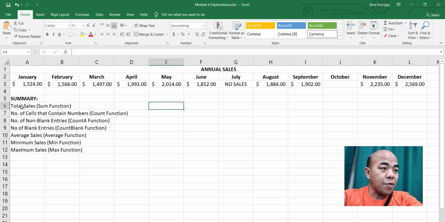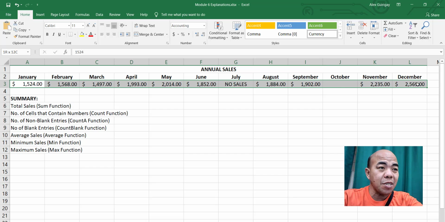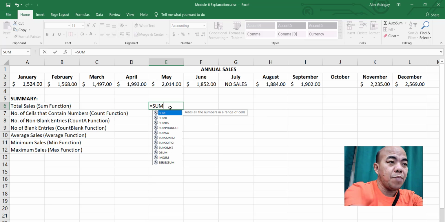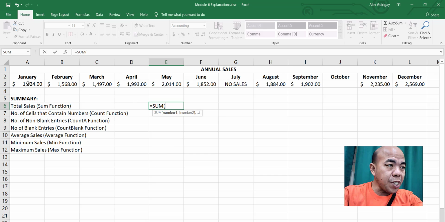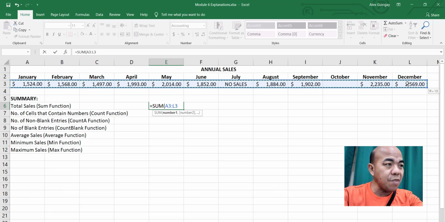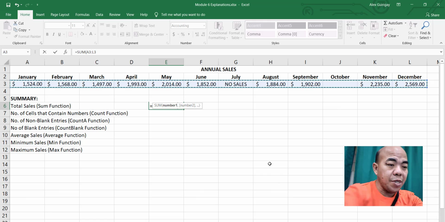So this time for the total sales, we're going to compute the annual sales for the entire year. What we're going to do right now is execute the command equals SUM, because we're going to add all of these sales from January to December. Click here, starting here, and drag down from January down to December, and then close parentheses.